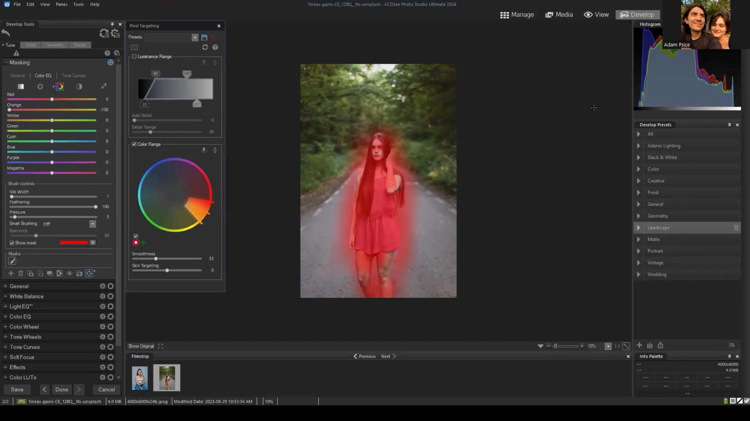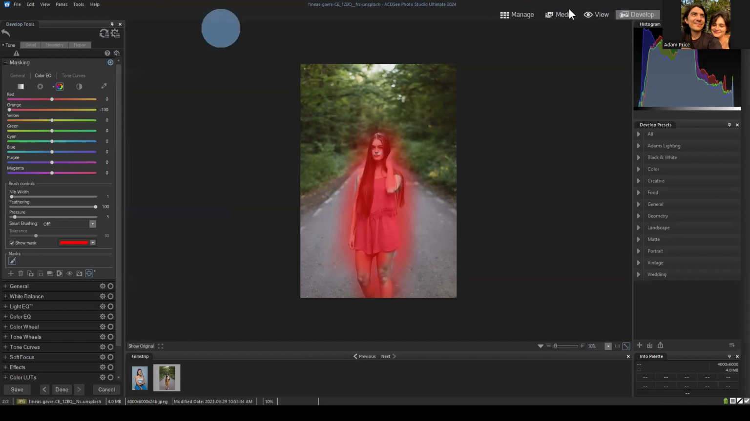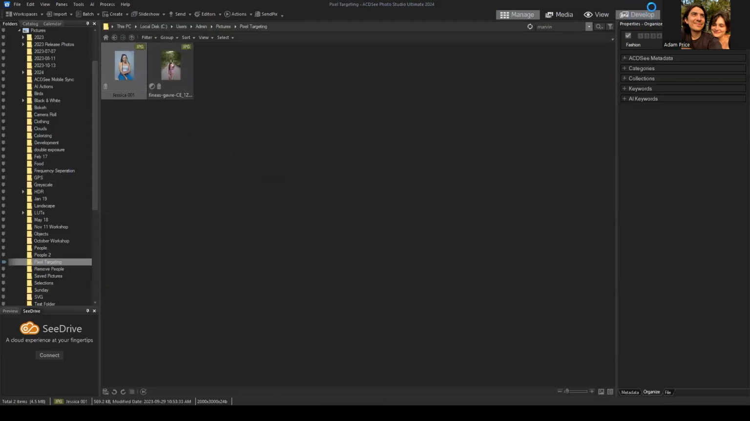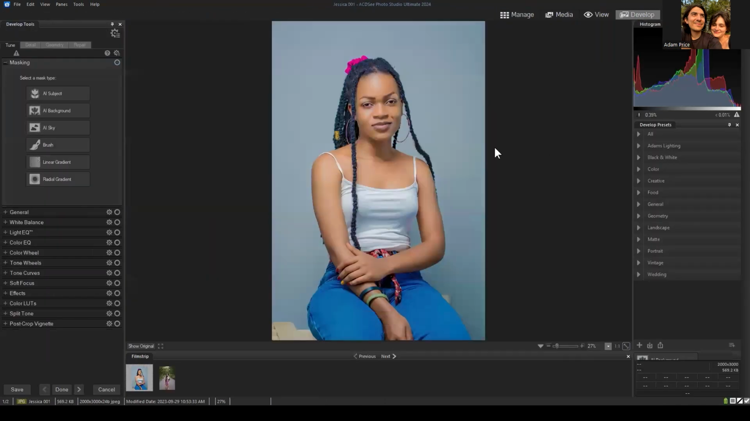We'll do one more image just to illustrate in develop mode, and that kind of covers pixel targeting for today. I'll show you one more. I have this other image that has two different blues in it. We'll see what I can do. So, subject here,